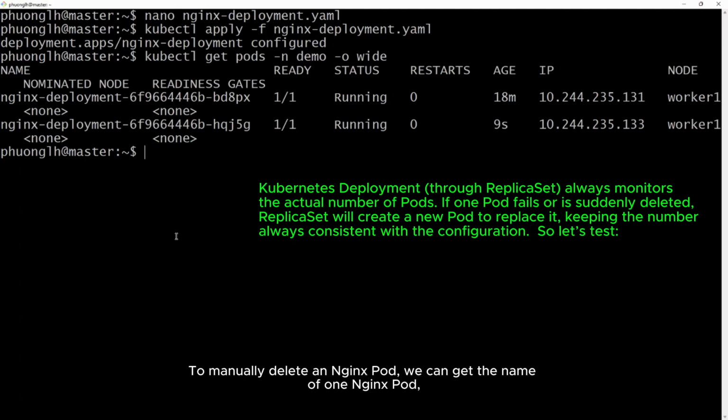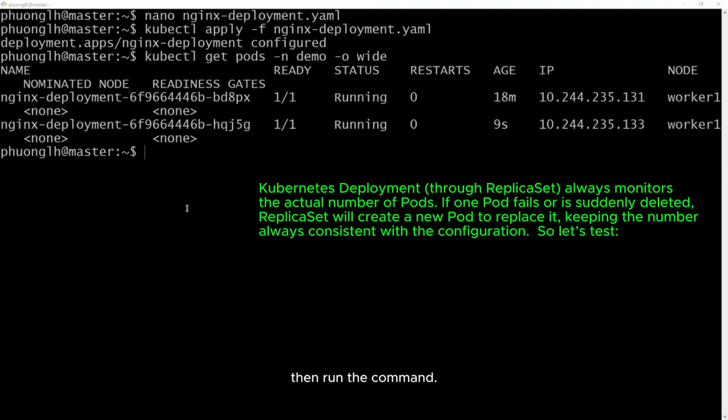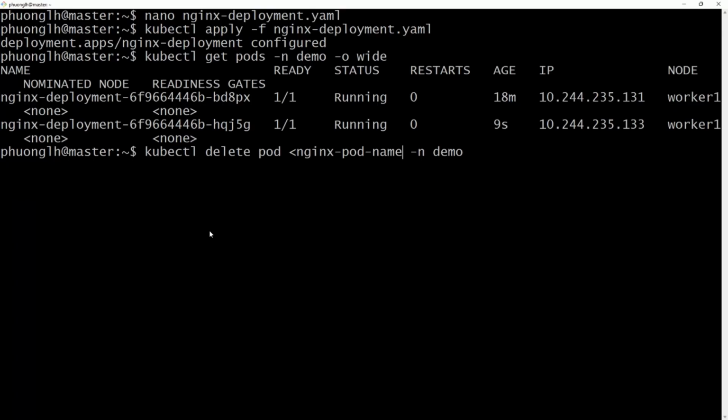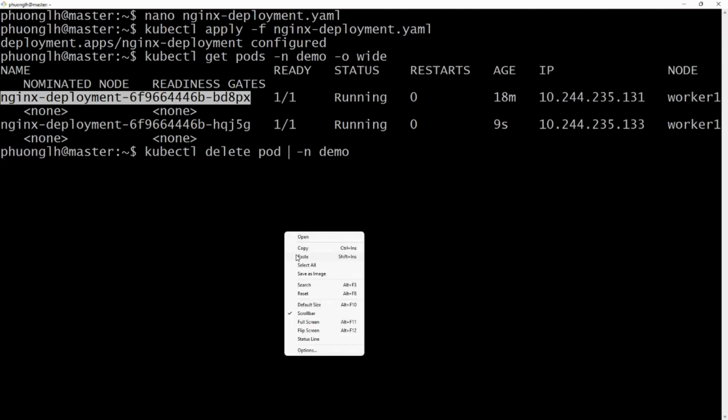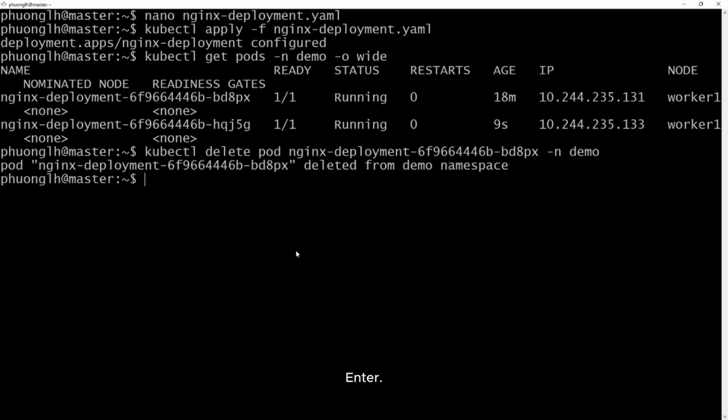To manually delete an NGINX pod, we can get the name of one NGINX pod, then run the command. Enter, and then we can observe the auto healing.